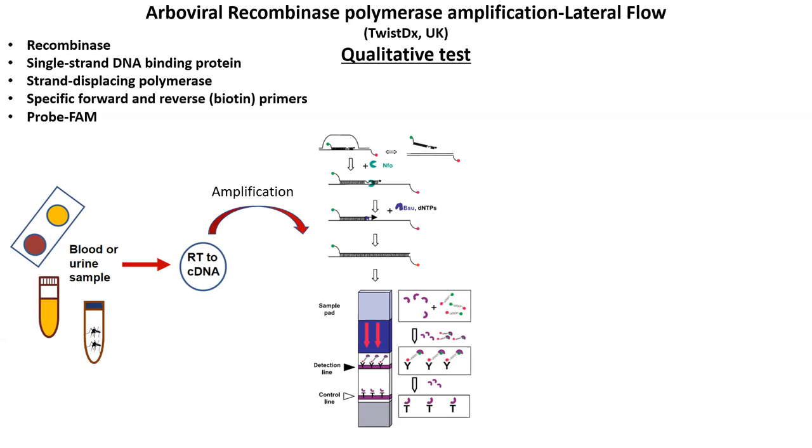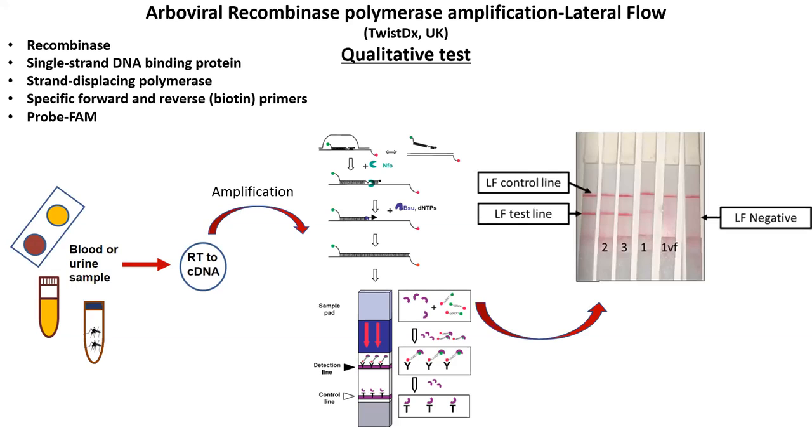And then at the end of your reaction, you dilute that sample and add it to a lateral flow strip, which has antibodies both for the FAM probe and the biotinylated primer. As it flows up the lateral flow strip, the FAM-labeled end of the probe will bind to gold particles, and the biotin-labeled part of the primer will be immobilized on the lateral flow strip, resulting in something that you see on the right of your screen,